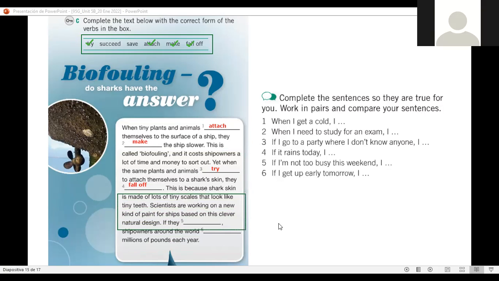Scientists are working on a new kind of paint for ships based on this clever natural design. If they, ¿qué será? If they succeed, right? Los científicos están trabajando en un tipo de pintura que funcione como la piel del tiburón, ¿no? Si esto sucede, si logran tener éxito, ¿no? If they succeed,